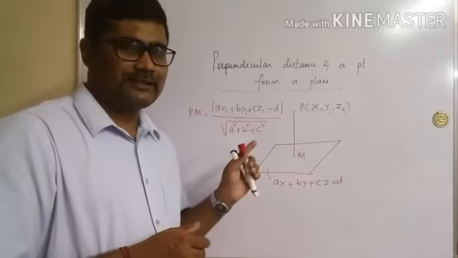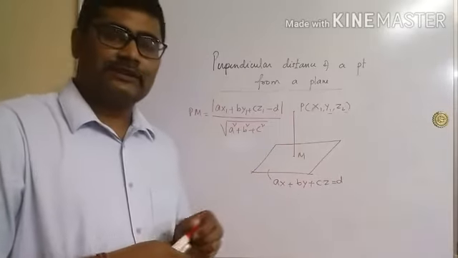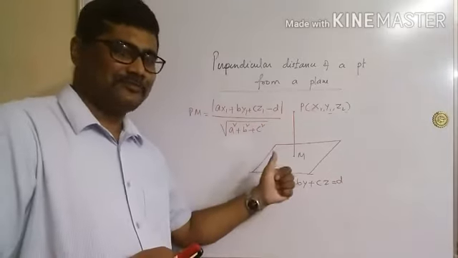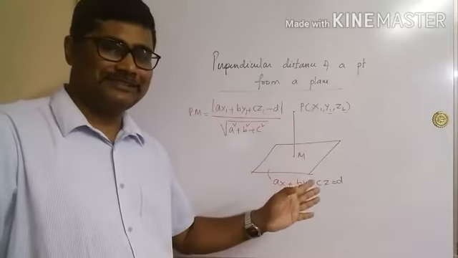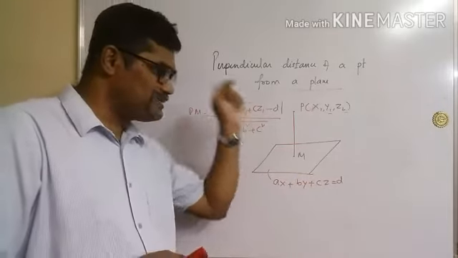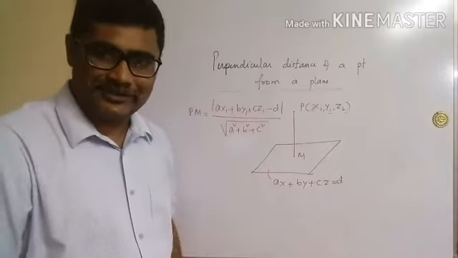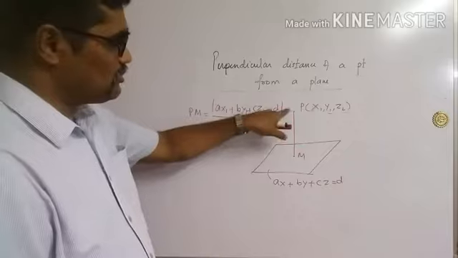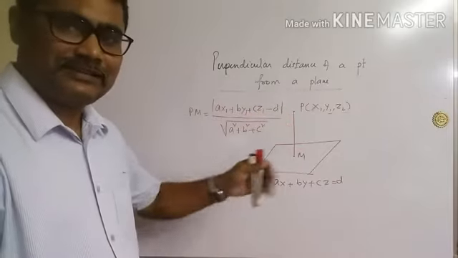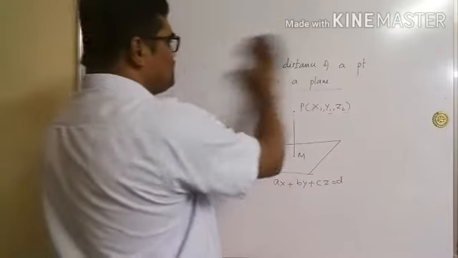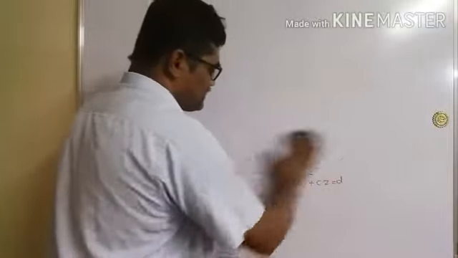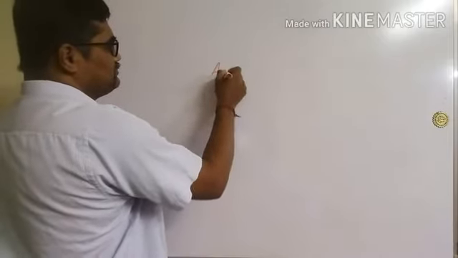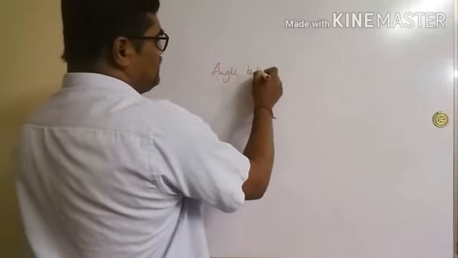Actually, if you remember your class 11, we got the distance of a point from a line. It is the same, only one coordinate has been added, therefore c squared has been added, and cz1 has been added, otherwise it's all the same, right? So this is the working formula for finding the distance of a point from the given plane, and the Cartesian form is enough. Now we'll go to the next one, that is the angle between